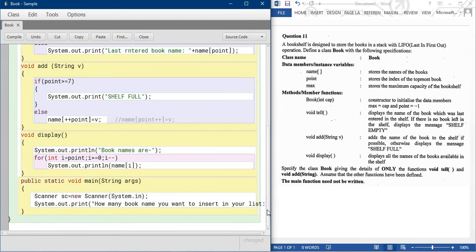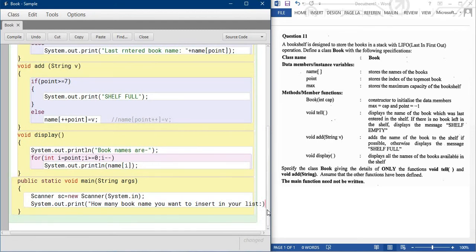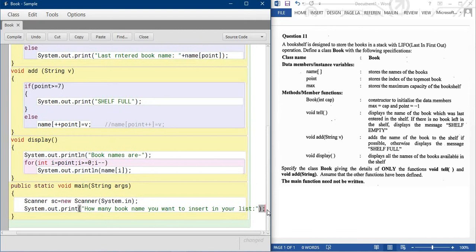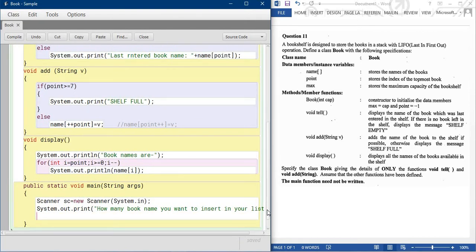Then I'm using a variable, int n = sc.nextInt(). Now this is the cap, the presence of the constructor.